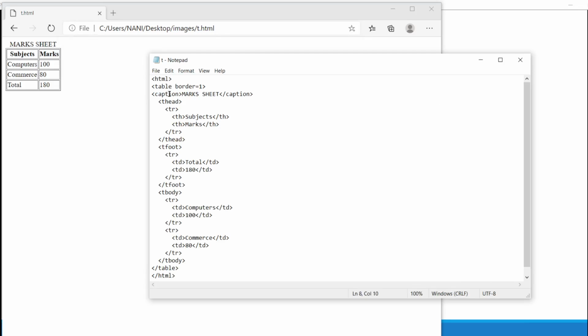Mark sheet. Here I wrote in the caption, mark sheet. And in thead I wrote subjects and marks. And in total, tfoot. This is advanced tags of table tag.